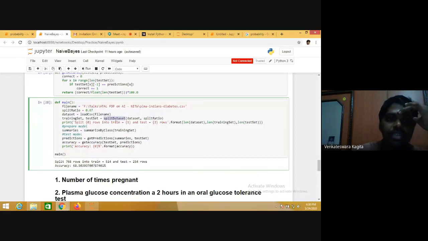naive-Bayes classifier that we are implementing. So I just loaded the data set, and I split this data set using the split data set function, which is our own implementation. It takes 2 parameters, data set and split ratio, in which ratio I have to split this data set. So 0.67 means it is for training, rest is for testing. So it returns 2 sets, training set and test set. And then once I get the training set and test set, I give the training set to summarize by class, and I get the summaries.